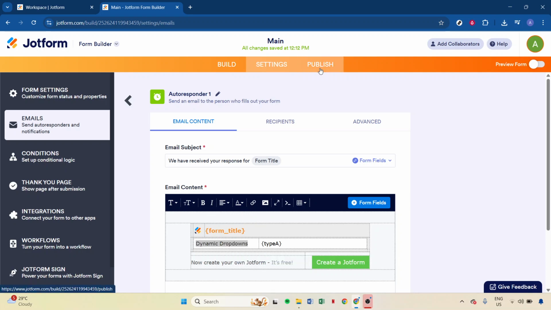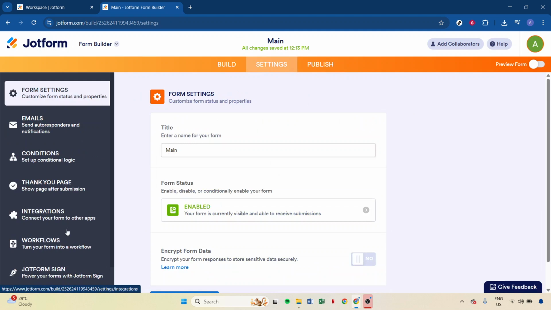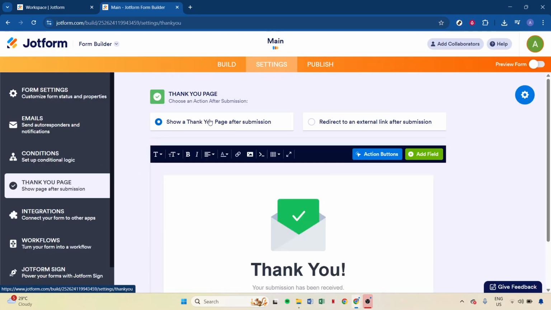Lastly, let's add a hyperlink to the thank you page. This can be a very strategic touchpoint since it appears right after form submission. To modify this, go to the Settings section and select Thank You Page. You have two primary options here: show a thank you page or choose to redirect to another link. In the editor on the thank you page, you can add and highlight text, then click the Insert Link button